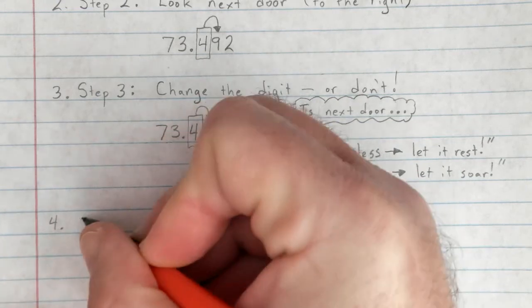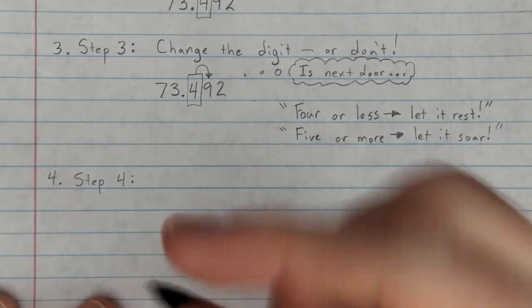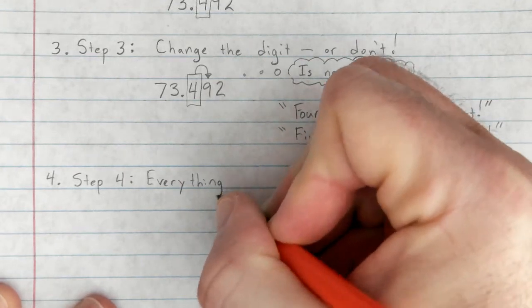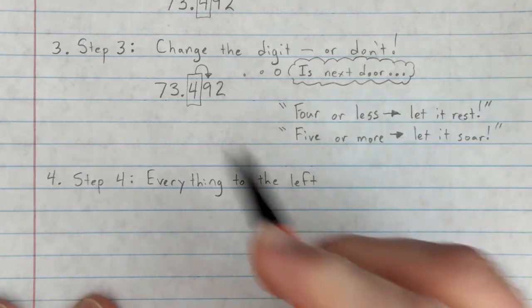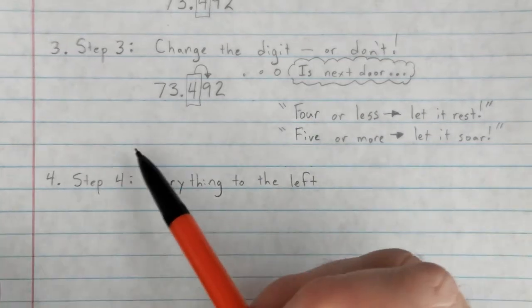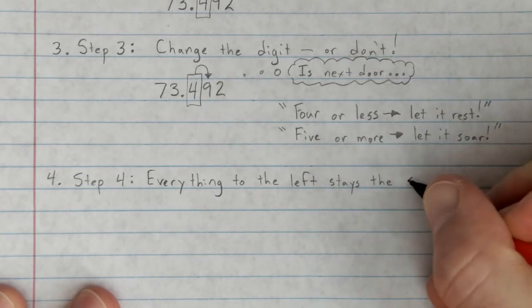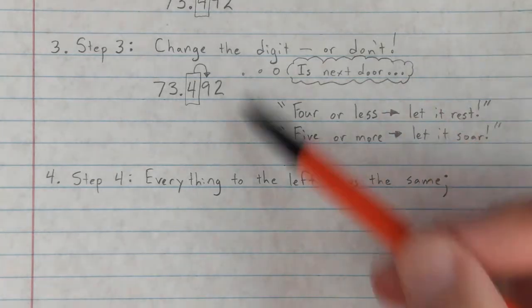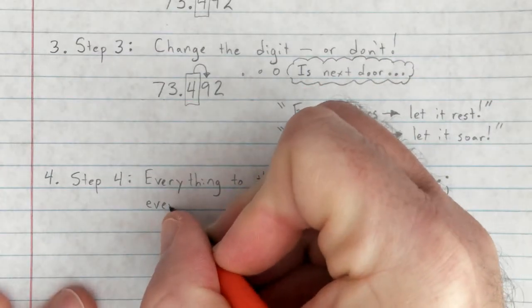All right, step 4, we're just about done. Step 4, you want to keep in mind everything to the left. Now this is everything to the left of our boxed digit. Everything to the left stays the same. The digit itself maybe changes or doesn't. Again, that's on step 3. But everything to the left stays exactly the same, and everything to the right